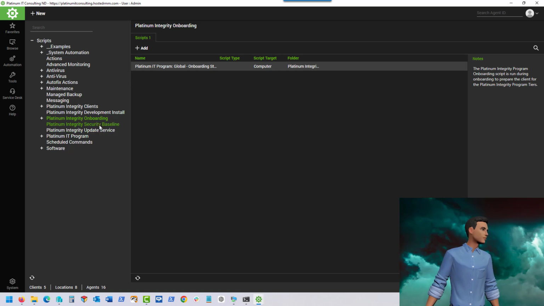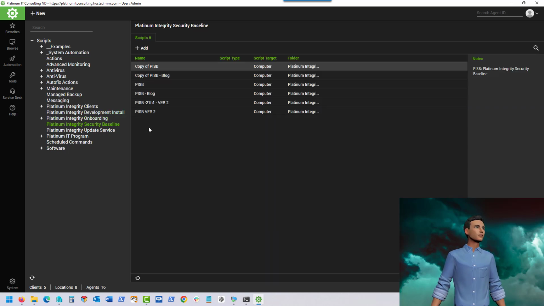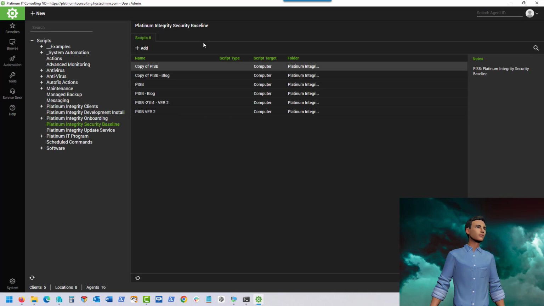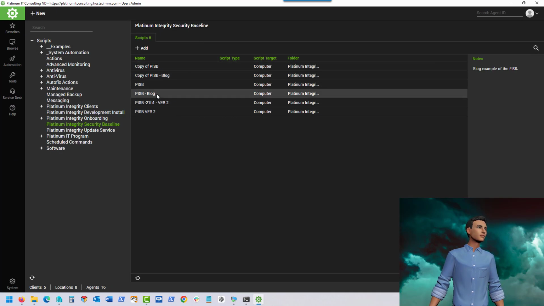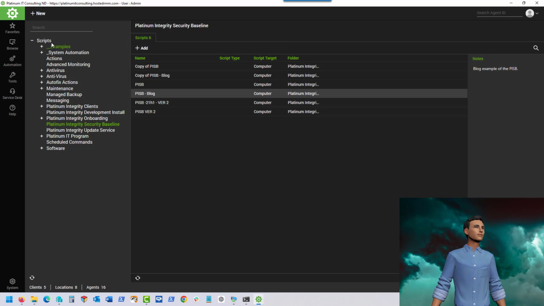That's my onboarding. Here's my security baseline. But one thing I don't like is how I can't open up multiple windows of the same thing. I'd have to open up the entire client and have multiple ones of this running. So I think it's PISB blog. Yeah, it's PISB blog. So let's go back there